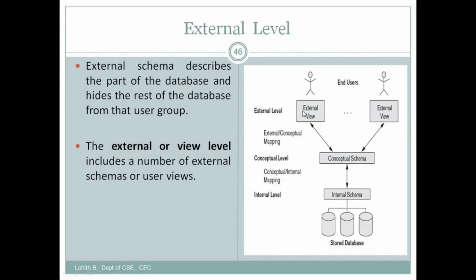If I consider a simple example of an academic management system where the faculties and the students will be using the same database, but the view will be different. The view for the student will be, the student can just view the attendance and the marks, whereas the faculty will have much more privileges where he can add the attendance, add the marks, at the same time he can view his salary, and also he can view his number of leaves available. So this is a different subset of data given to the faculties, and a different subset of data is given to the students. So this is an external level.